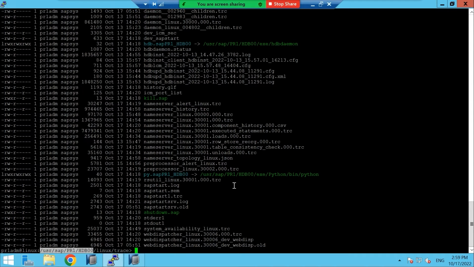Do you have any backup log here? Backup.log, SAP start SRV log, every log you will get, but no backup log. Why? You haven't scheduled any backup. That is the reason. What are the post installation activities of a HANA database? You have to